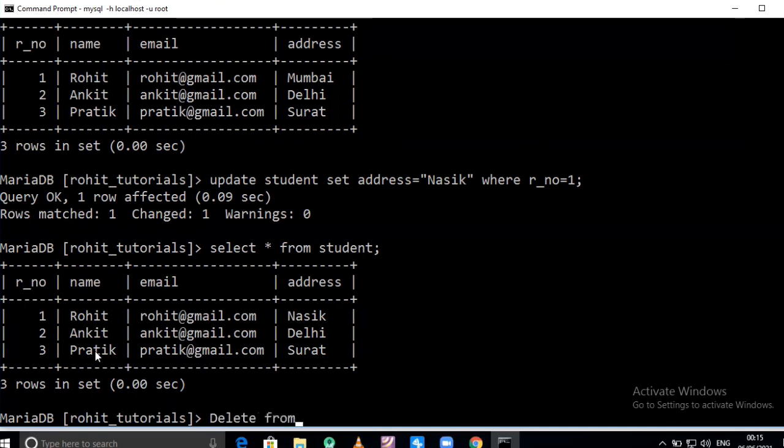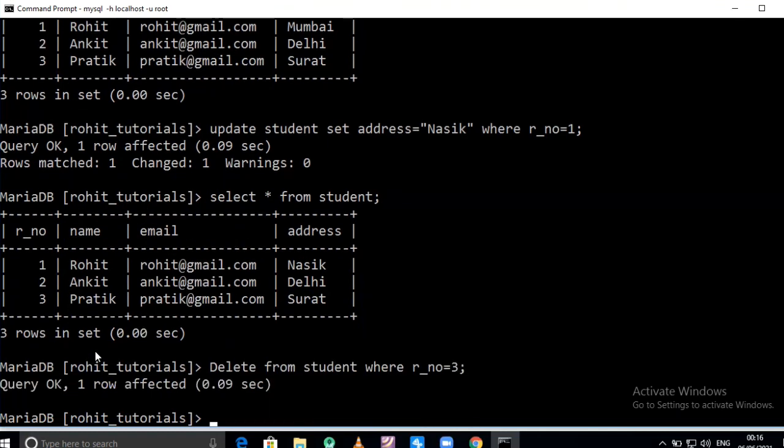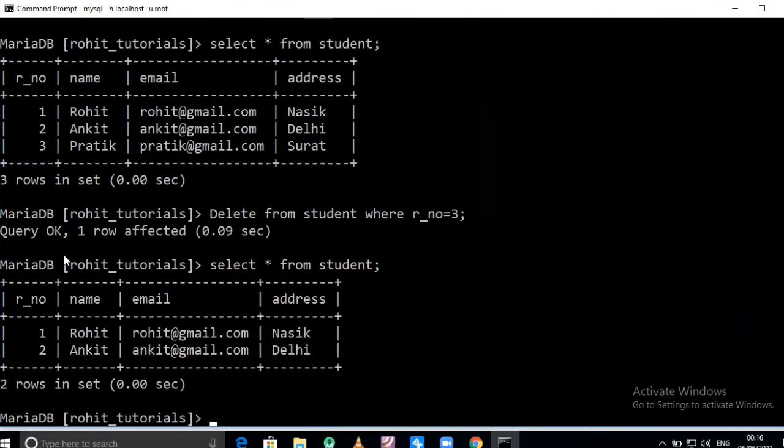Delete from our table, name is student, where roll number, our roll number is represented by attribute name R_NO, equal to 3, Pratik's roll number, semicolon, enter. Now again I am giving select star from student. So the third record is deleted from the table. So only roll number 1 and roll number 2 records are available. So this is the delete command with the help of the where clause.